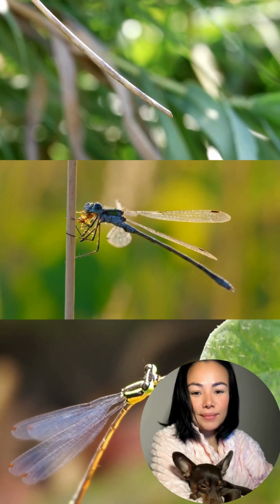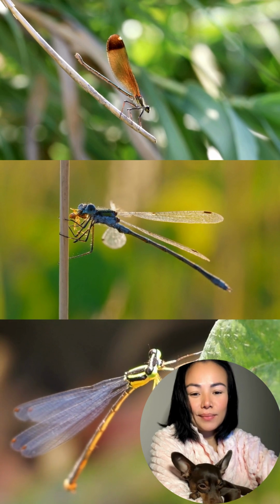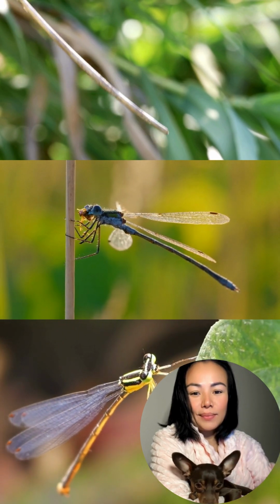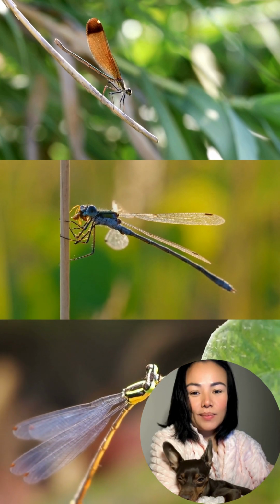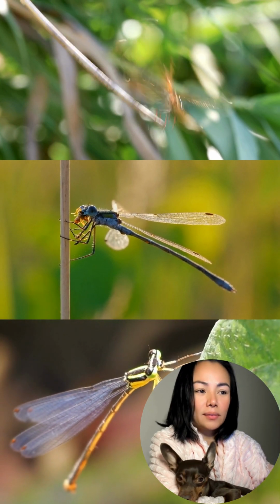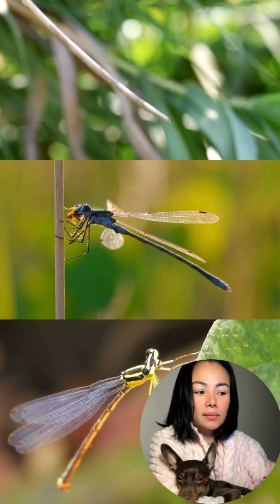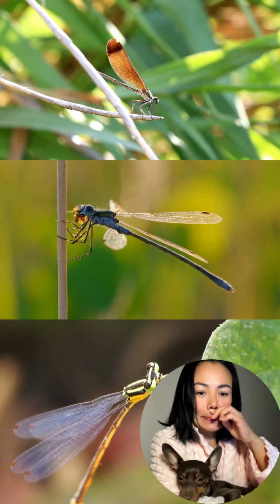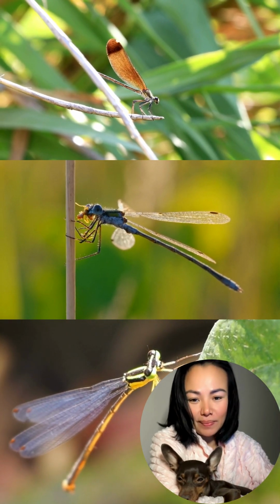The damselfly, belonging to the suborder Zygoptera, is a delicate and graceful insect commonly found near bodies of water such as ponds, lakes, rivers, and streams. Often confused with its more robust relative, the dragonfly, the damselfly is known for its slender body, vibrant colors, and distinct flight pattern. Damselflies are fascinating to observe, and they play important roles in ecosystems, particularly as predators of smaller